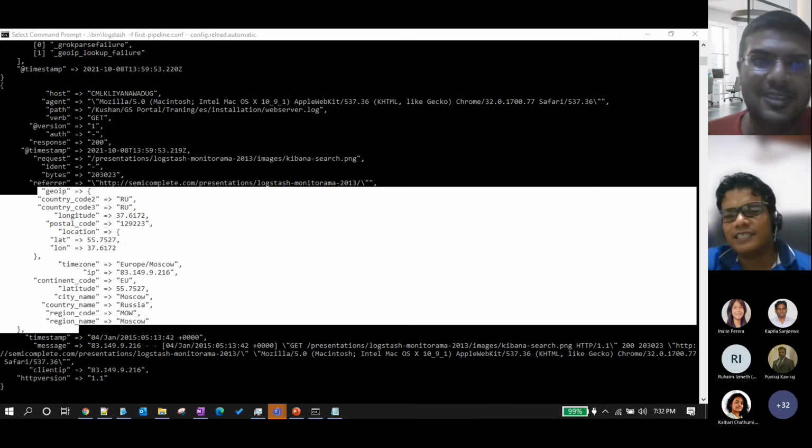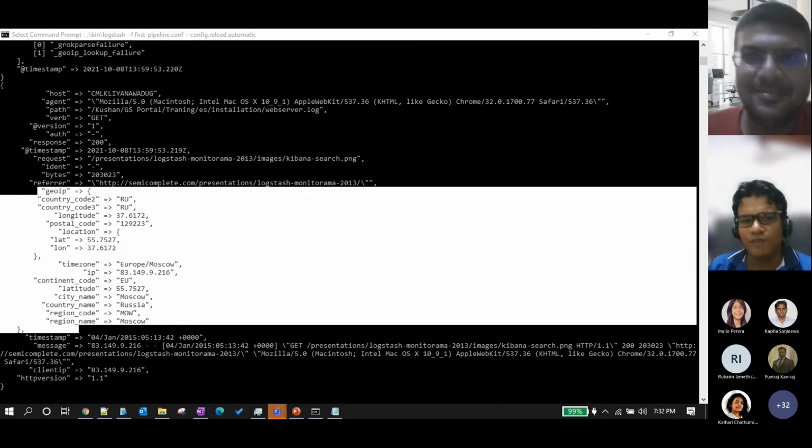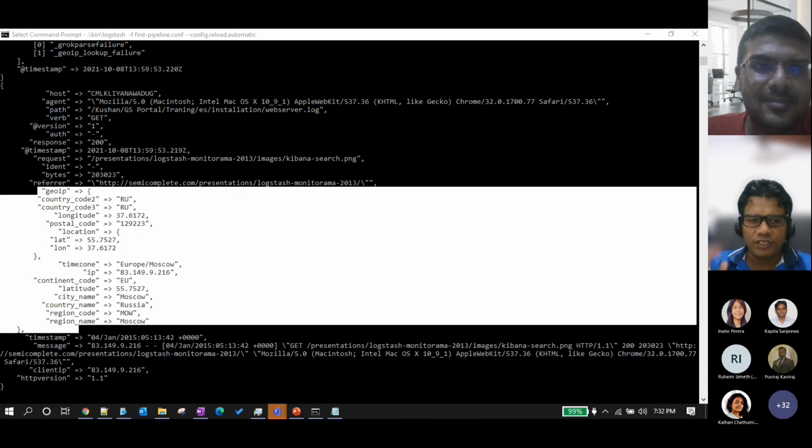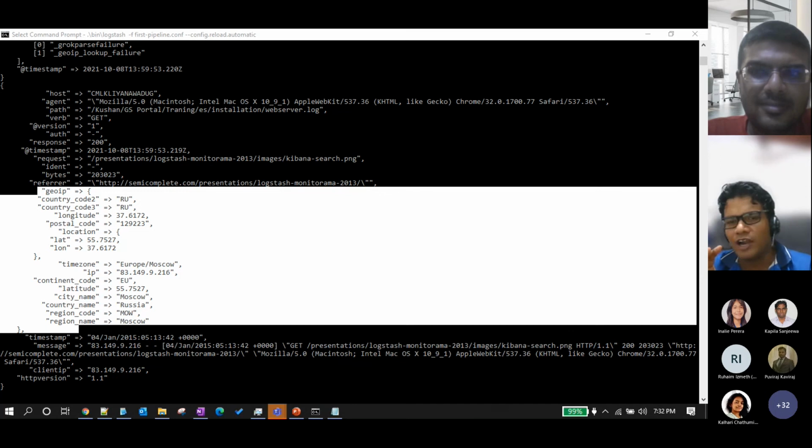Thank you very much for this, Kushan. Any closing comments? Yes, just a thought. Anyone entering into this, when we talk about Logstash, Grok is the one we have to learn a lot, because to break logs into chunks there are several log patterns.